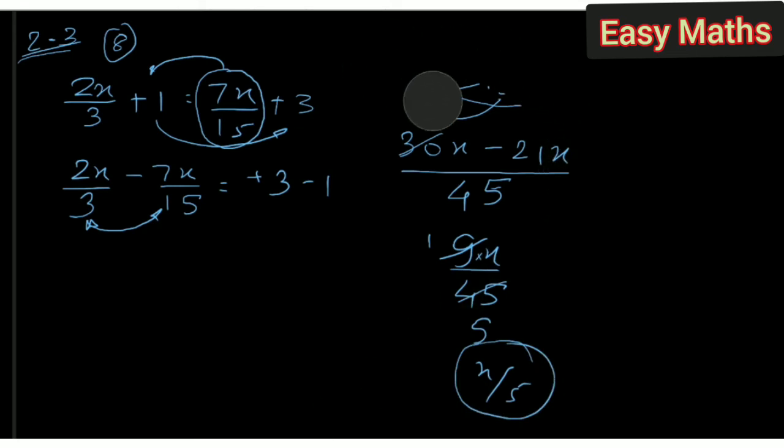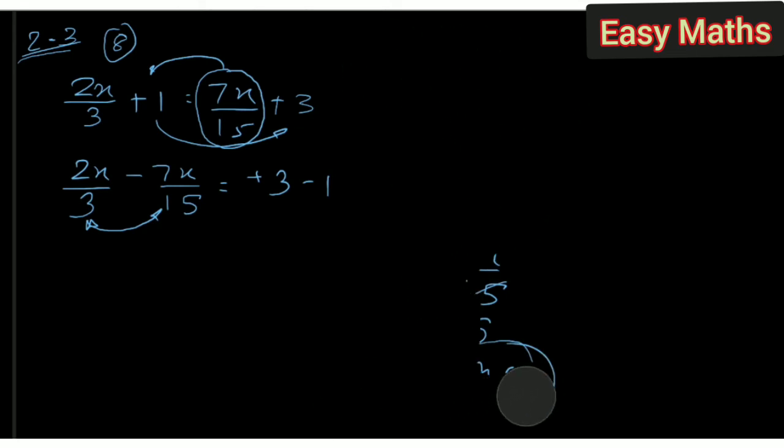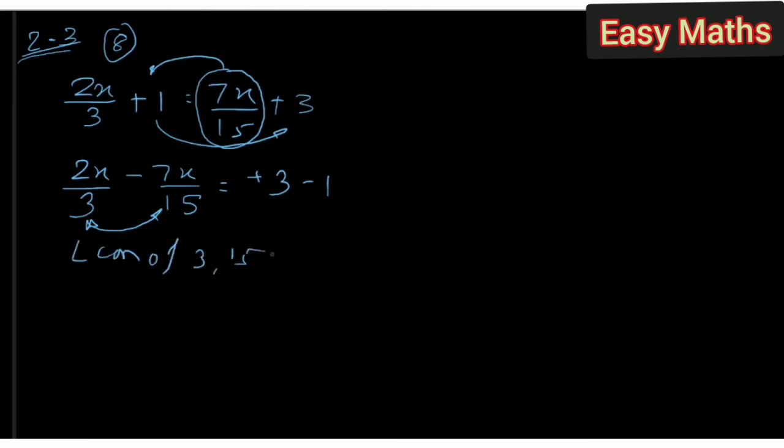But what we are going to do here is I am going to show this question by the LCM method also. So what is the LCM of 3 and 15? LCM of 3 and 15 will be 15. How did I get the answer? In the table of 3, 15 also comes. 3 5s are 15. So the LCM will be 15. Simple. If, for example, you are going to find the LCM of 6 and 12, then the LCM will be 12, because 12 comes in the table of 6.